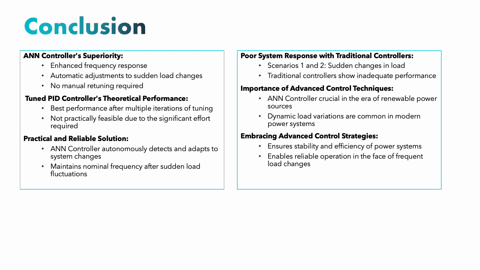Like we explained earlier, with the traditional controllers, especially scenario one, we didn't get a good response because the dip was significant, from 60 Hz to 59.5 Hz, and all other controllers had a better output. So the ANN, or the artificial or intelligent controller systems, are way preferred over the traditional controllers.